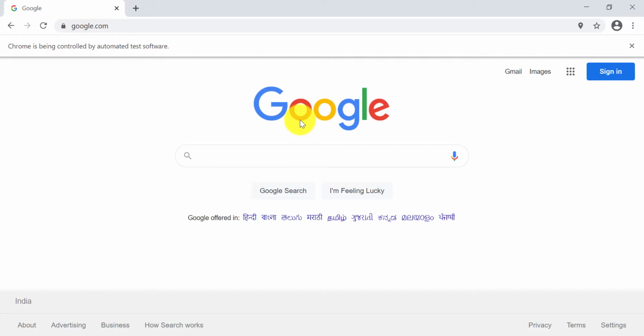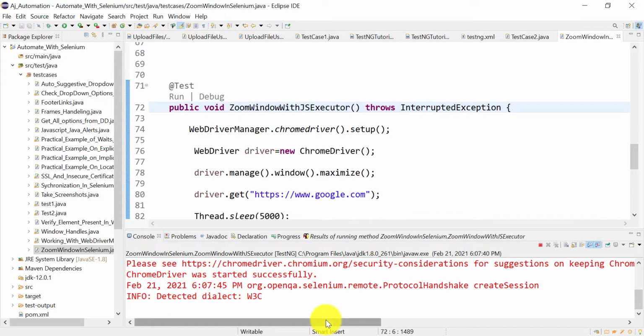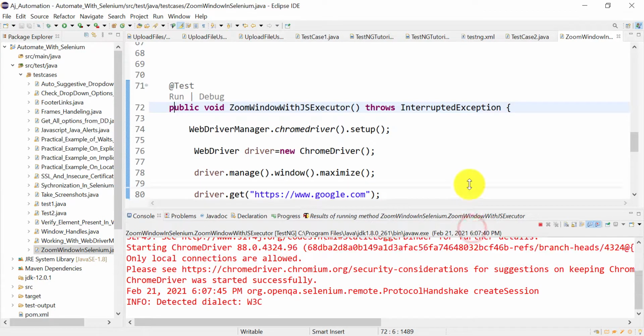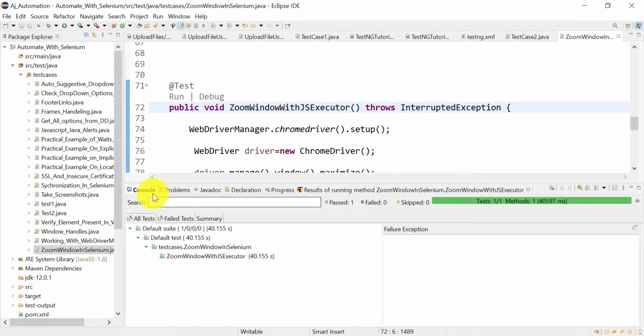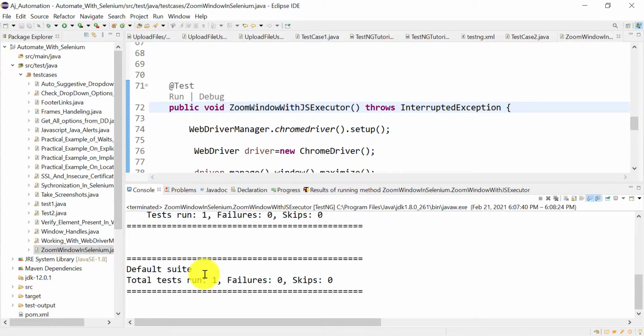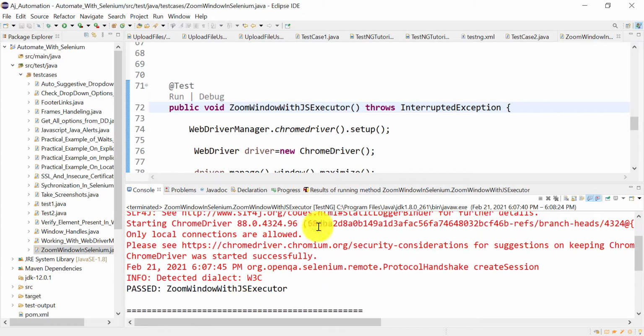Okay, so this code is also working fine. Okay, so after 10 seconds it should close the browser. Okay, so our test case has passed. You can see here, test case passed, no failures.